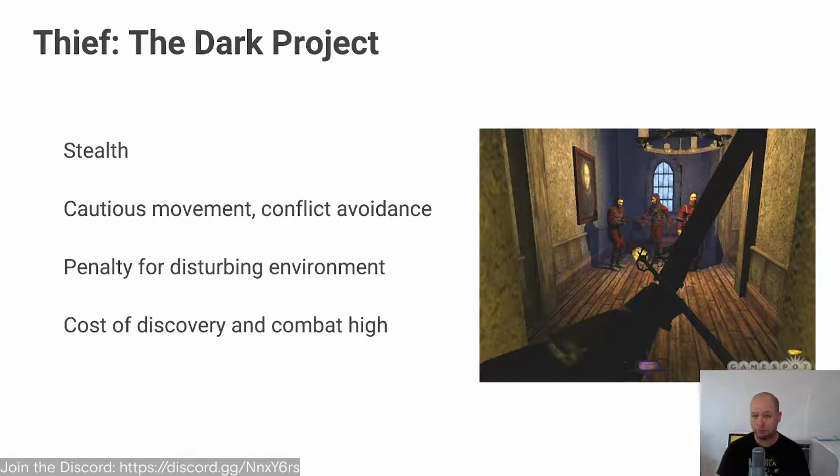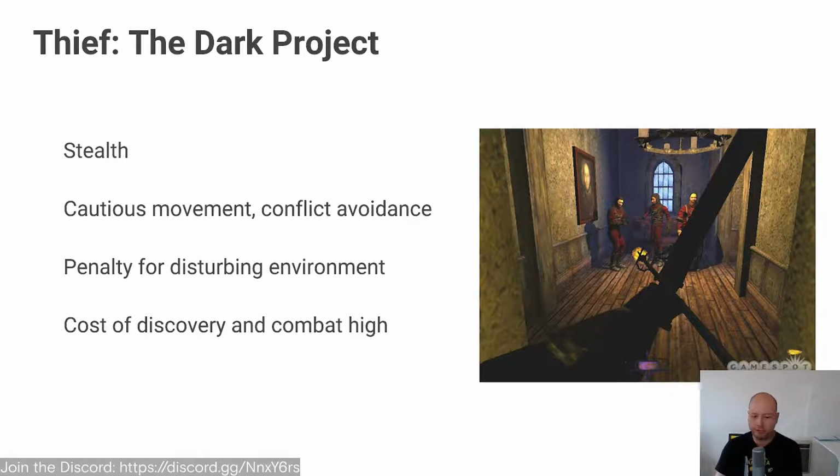So yeah, like I said, this game, Thief: The Dark Project, slightly older game. I haven't played it, but you can see one of its notable features was that it involved a lot of stealth, and while you're stealthy, you're producing less sound, but sound was the mechanism for triggering enemies, and it was really all about being quiet so you didn't have to fight, because if you did, you were just outnumbered or whatever it might be, and so you got this penalty by way of sound for disturbing the environment.